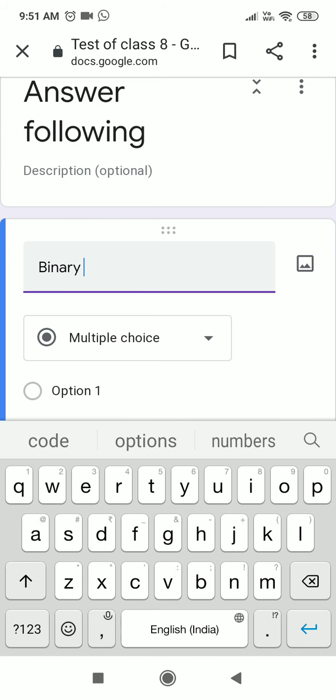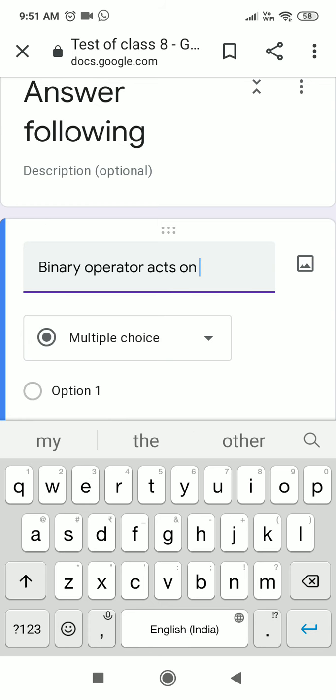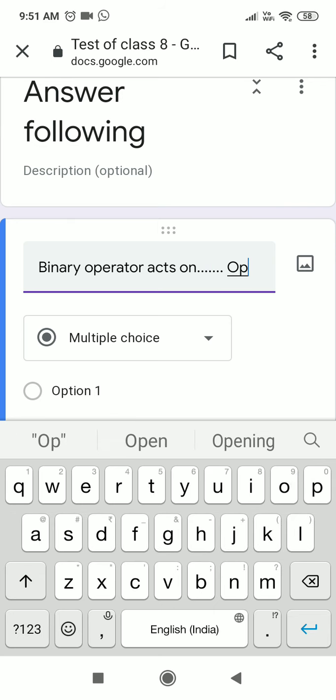Binary operator, axon. I have to put a dash, so I'm typing it, dash operands.